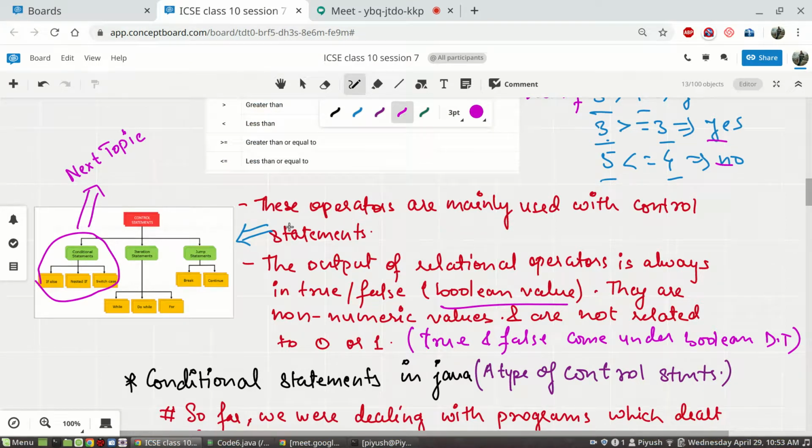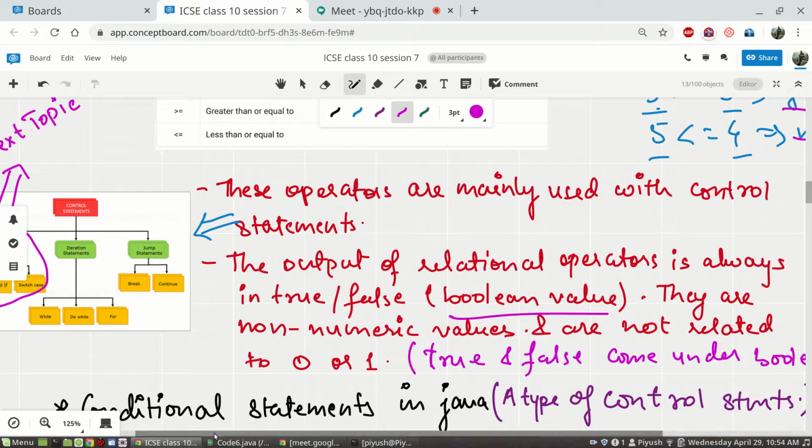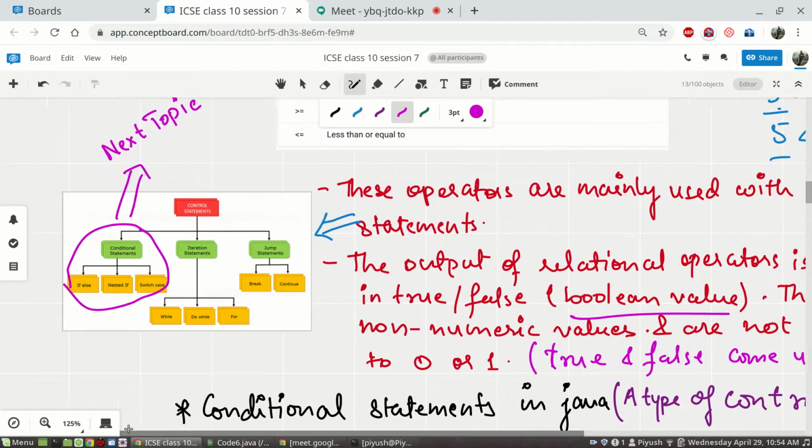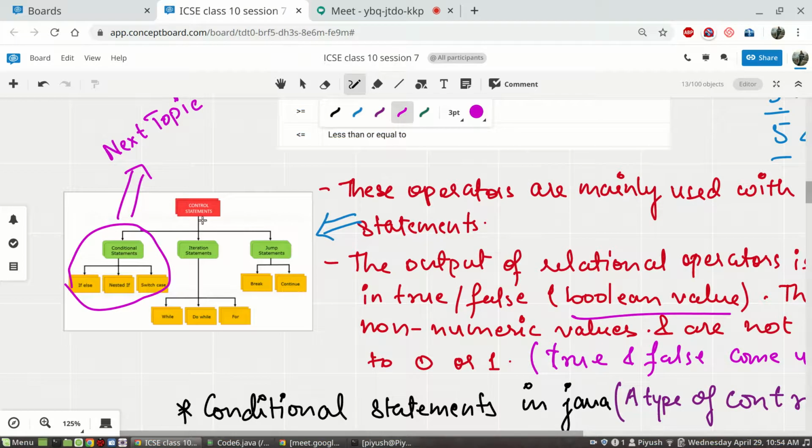Okay, where are they used? These are mainly used in control statements. So what are control statements? If you can see, control statements in Java are of three kinds. We are not going to dive much into it, I am just giving you a glimpse. Control statements in Java are of three types: conditional statements, iteration statements which are nothing but loops, and then jump statements like break and continue.